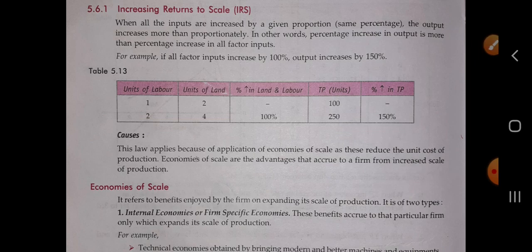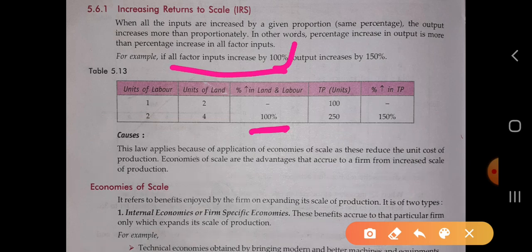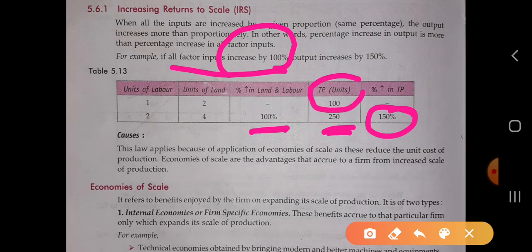So the increase in land and labor is 100%, because the factor input is increased by 100%. TP is increased by 250 because there is an increase of 150. क्यों? अब टोटल प्रोडक्ट पहले फर्स्ट यूनिट पे कितना इंक्रीज हुआ? 100 इंक्रीज हुआ, बट अब टोटल आउटपुट कितना हो गया? 250, बिकॉज जब उसने न्यू और एक्स्ट्रा परसेंटेज में लगाया वेरिएबल फैक्टर और द फिक्स फैक्टर, सो देयर विल बी इंक्रीज इन द आउटपुट ऑफ द 150%.